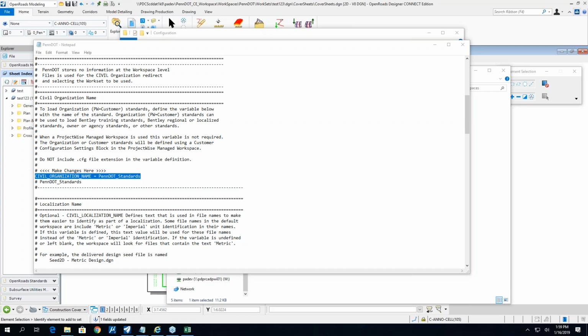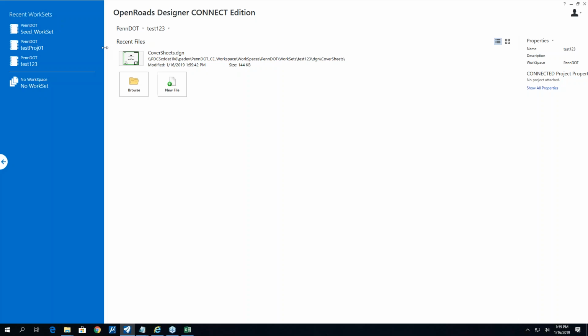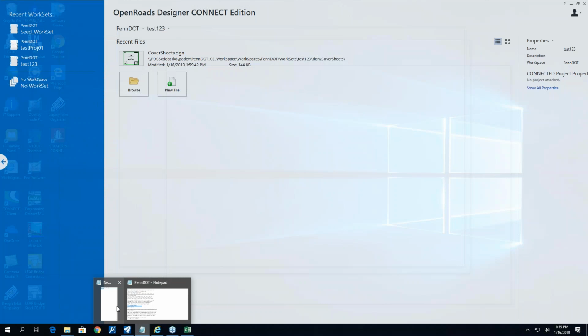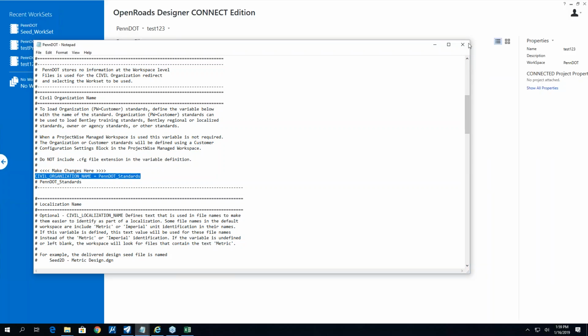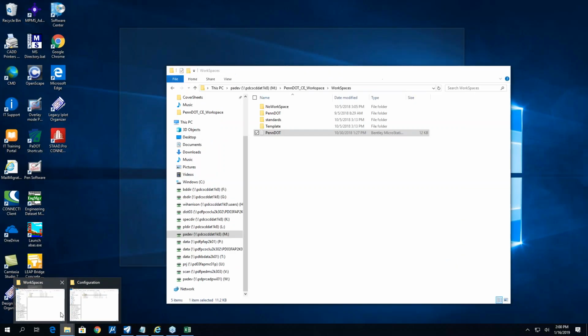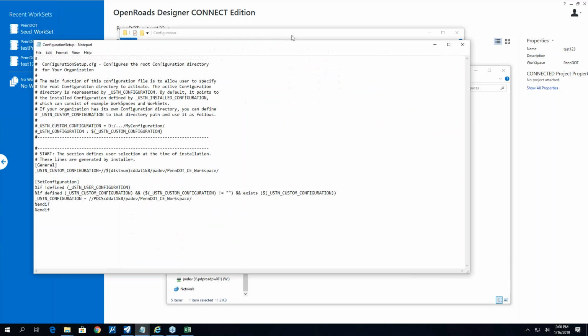Yeah, if I could add to that, you get that separator in your workspace drop down, so it actually separates what they deliver and then what you customize. As you mentioned, you can set that one config file to the network, and then that's all you have to do on each machine, and you can manage everything else on the network. So it's very easy to manage when you look at the organizational level, like multiple users. You could technically do that with the regular workspace, but it just makes it more complicated, having to provide the user